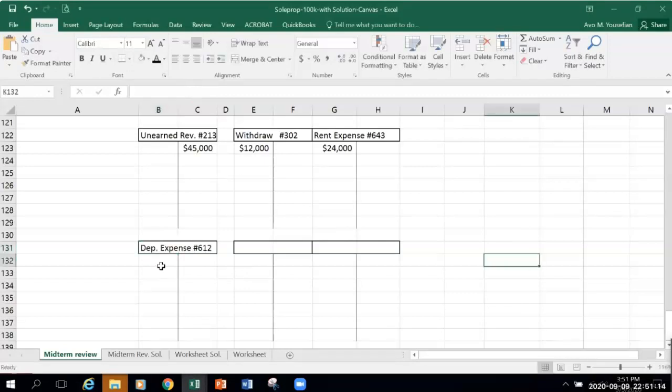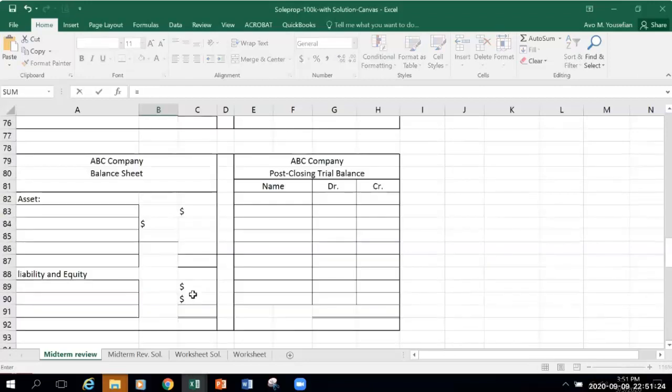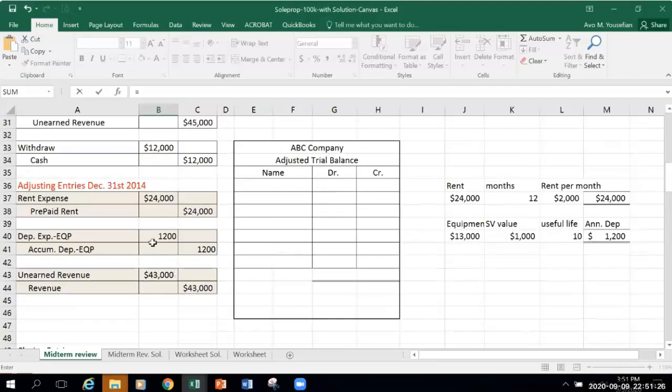Okay, and the depreciation expense will be equals to $1,200. Enter,